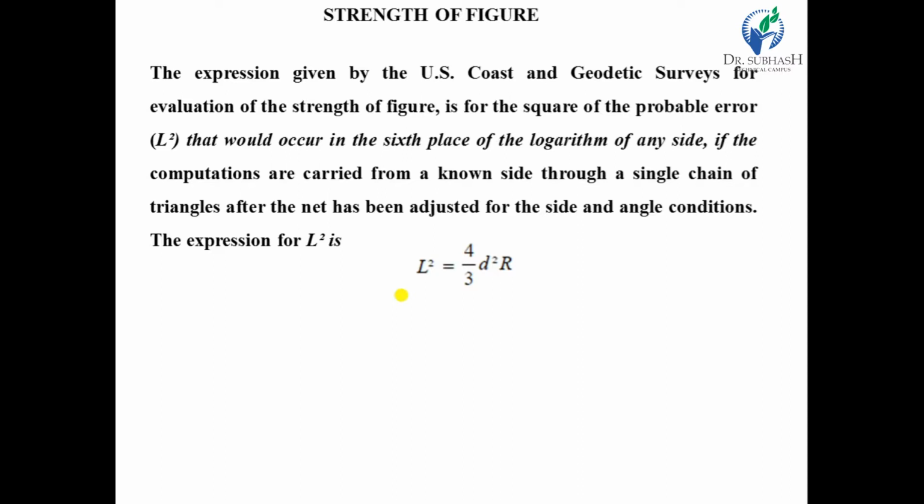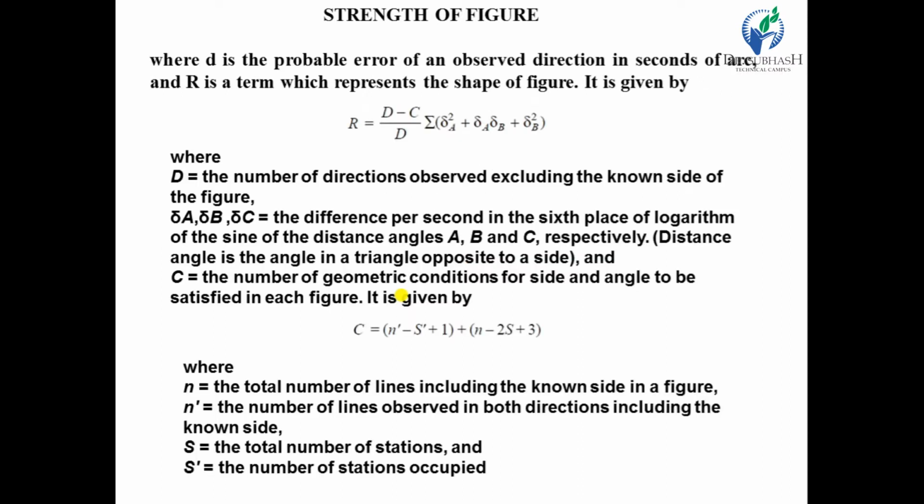The expression for L square is 4 by 3 d square into R, where d is the probable error of an observed direction in seconds of arc and R is the term which represents the shape of figure. Generally, R is represented as D minus C upon D summation of delta square A plus delta A into delta B plus delta square B, where D is the number of directions observed excluding the known side of the figure, delta A, delta B, and